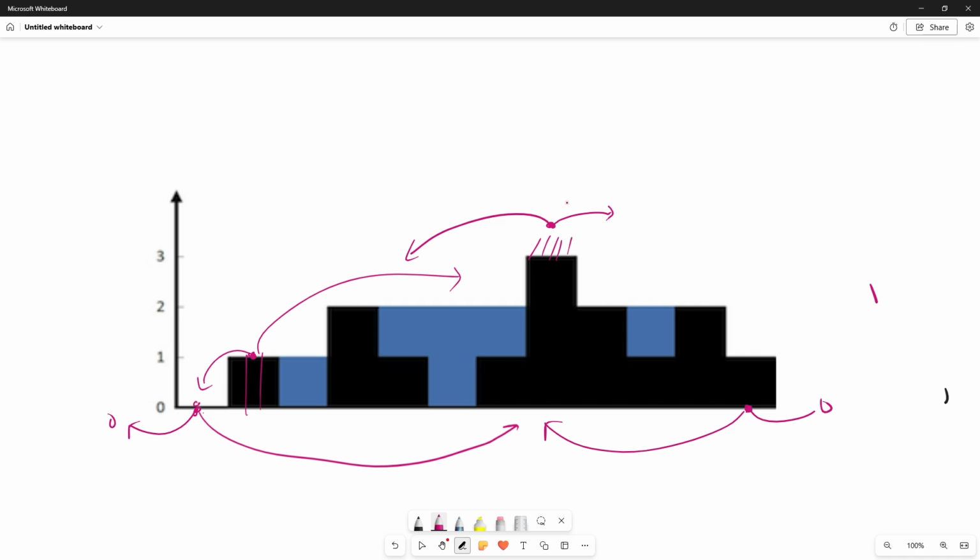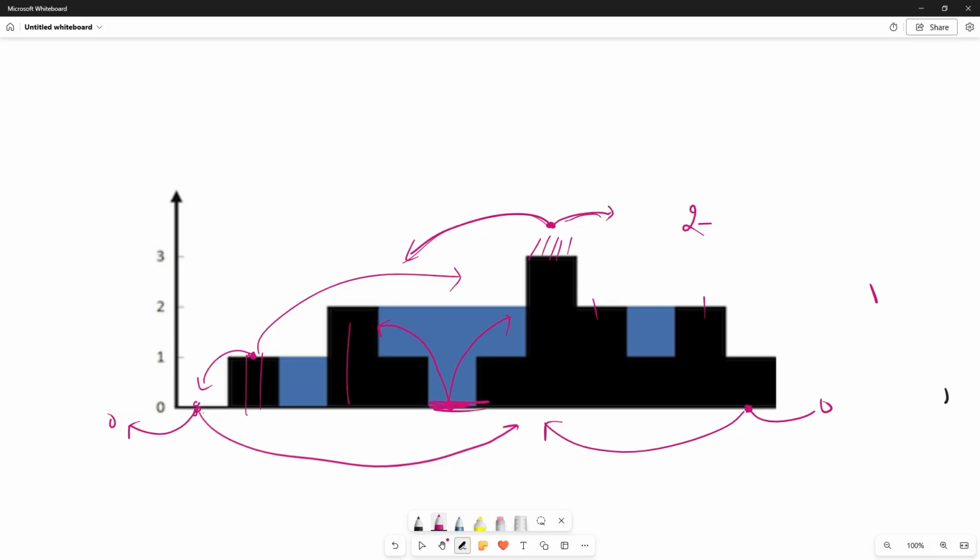So at this position, the maximum height bar toward the left is this, and toward the right is this one or this one. Now, if we know these values at each index, we will be able to collect the water. So for example, at this position, we know that the maximum toward the left is this and the maximum toward the right is this. So we will take the minimum height bar, that is this one, that is 2,